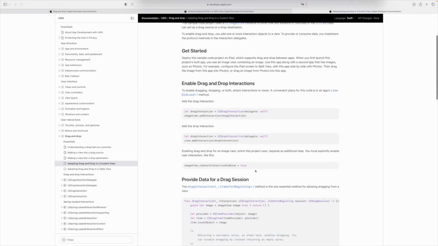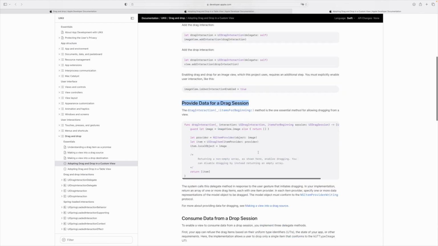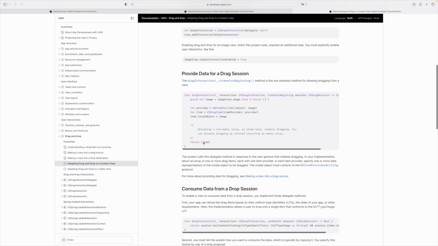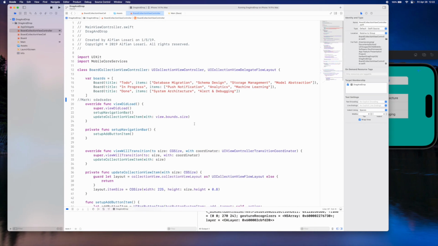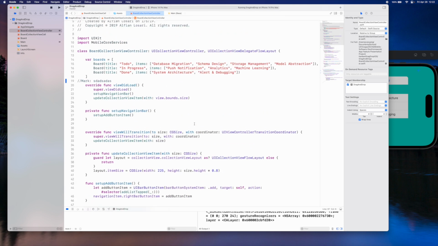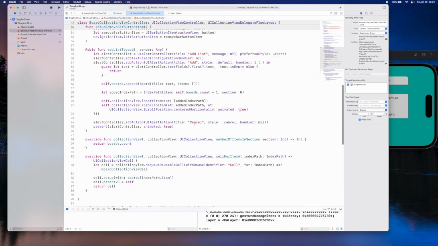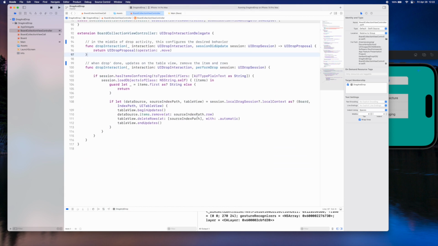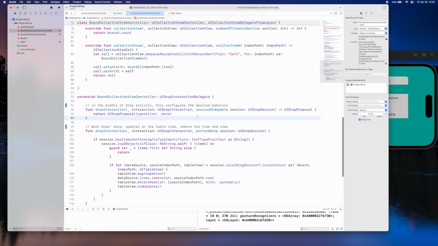Similarly, we need to attach the interactions to the expected views and then do the drag session, also the drop session. As for the drag session, since we've already defined the drag delegation for items in the table view earlier, there's no need for duplicate implementation. But for the drop session, we do need to define the behavior when dropping on the deletion button.